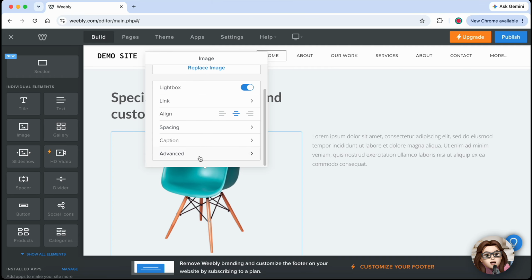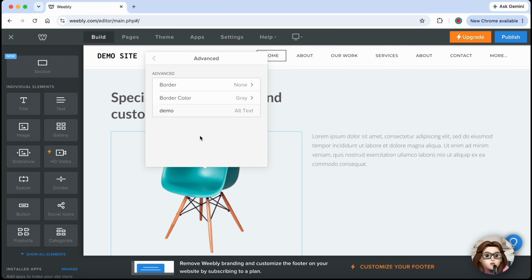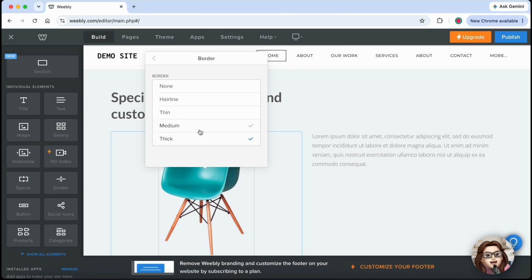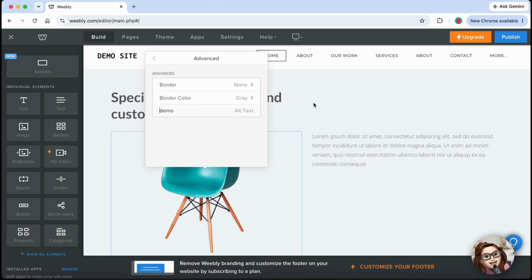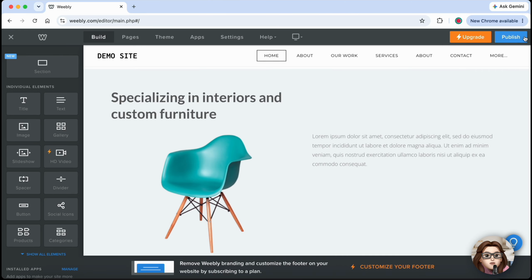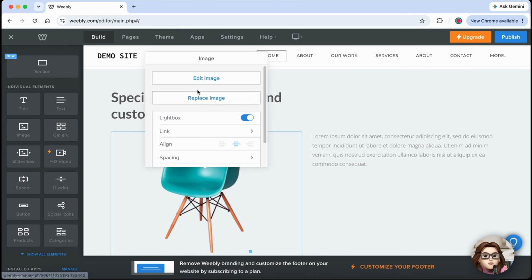For additional settings, open the advanced options. Here you can edit the border, style and color, adjust the border thickness, and add alt text to improve your website's accessibility and SEO. Once you're happy with your changes, save and publish your website to make the updated image